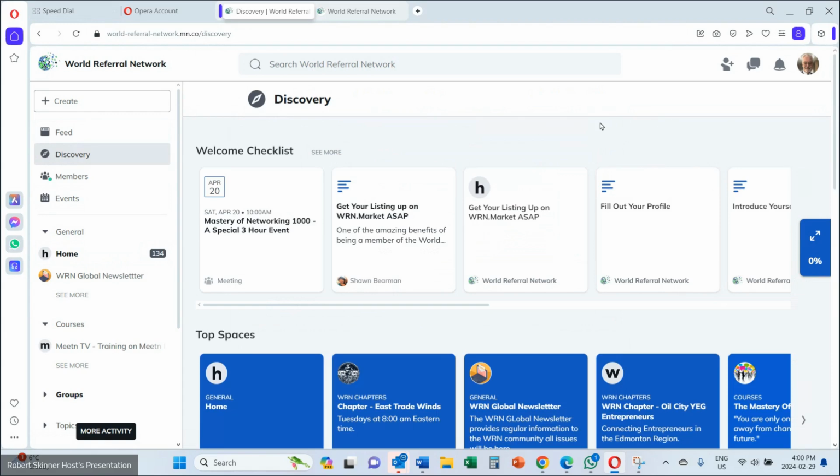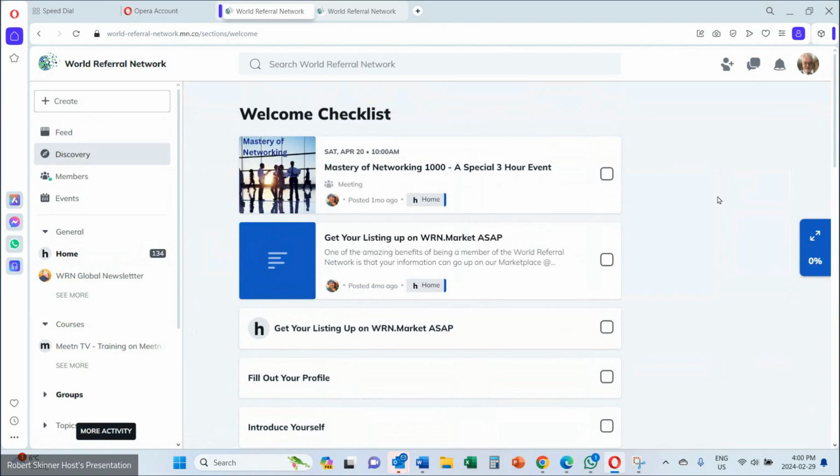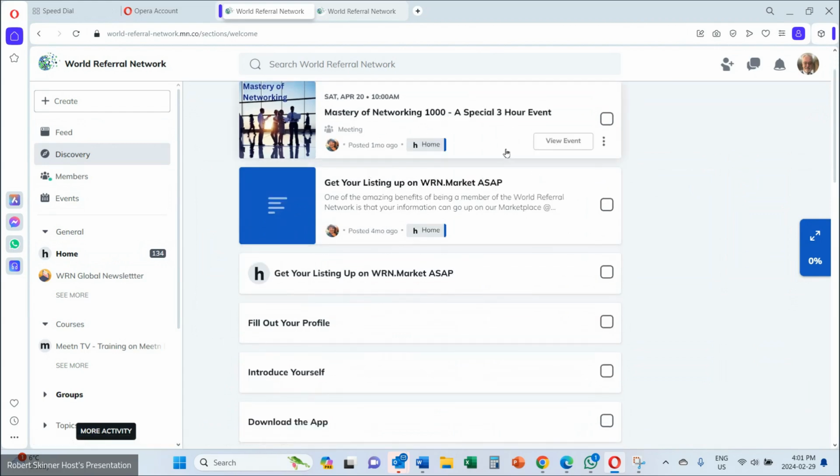Okay, thanks, Carol Lee. Yes, the most important thing when you get started is to walk through this checklist. And it shows up in a couple of different ways. Welcome checklist, you can scroll across it horizontally, or you can hit this see more link here and it goes into vertical. So these are just things that you want to check off. This is an example of an upcoming event that's really key to put in your calendar, ongoing. And this is how to get your listing onto our WRN marketplace. We're going to cover that in another video on orientation on the marketplace, and you want to make sure you partake in that. But right now,